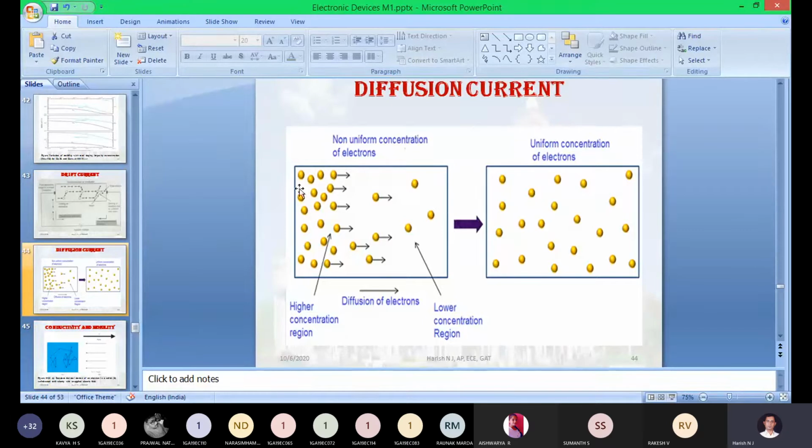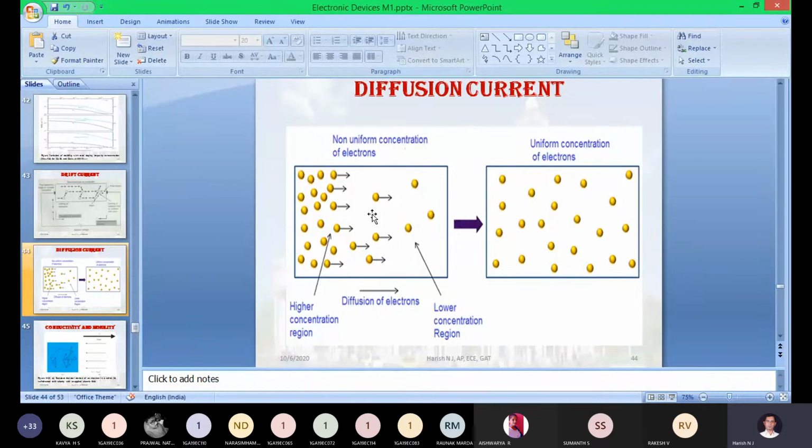Here also we have taken an n-type semiconducting material, but a non-uniformly doped piece. Due to non-uniform doping concentration, in this piece of semiconductor, one part consists of a large number of electrons, while the other part consists of only a few electrons. In this situation, you need not provide any additional biasing.